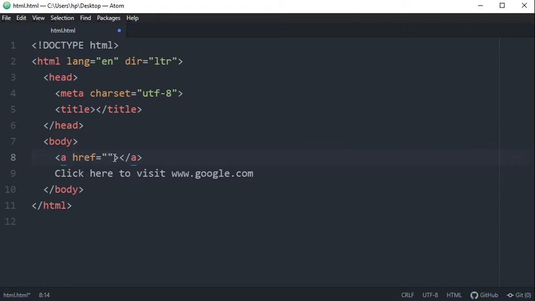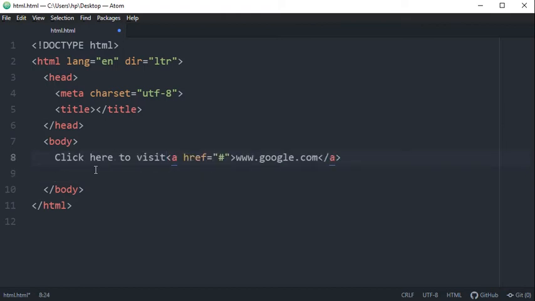So just to make it a hyperlink, you can use a hash there, but this is not practically a link of any web page, but it will display your text as a hyperlink. I'm cutting and pasting it over here. This is just the caption area. This text is going to be the hyperlink, and the link you want to redirect your user to will be defined over here. But as of now I'm not defining any link over here. I'm just simply showing you how it will look.